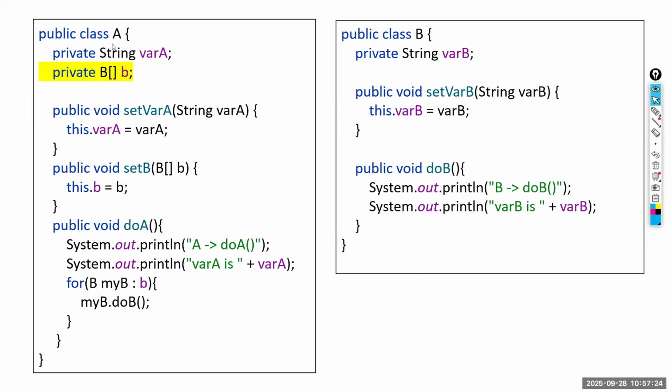But the A object can call behaviors of B objects, not just one object. It can call behaviors of a set of objects of B. So that is why in your iteration, you can see we have a set of B objects, an array of B objects. For each and every object, we call the do B behavior. Until you understand this,